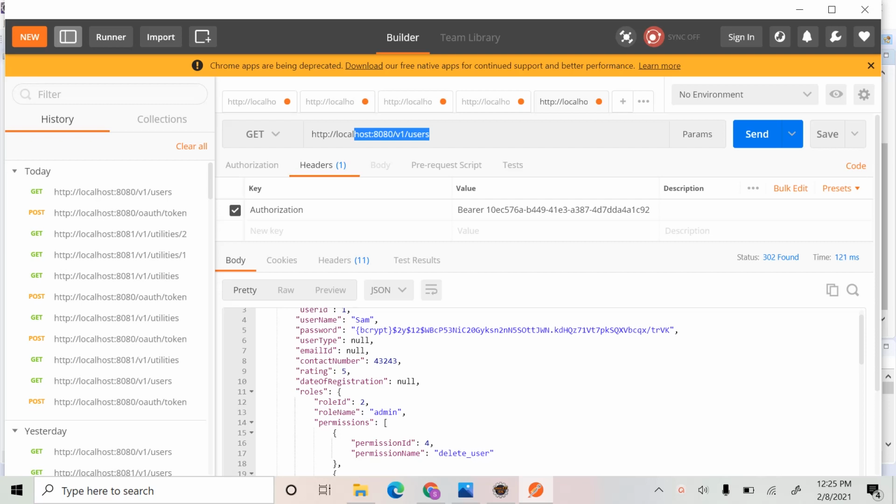We have also seen the client credentials grant type, password grant type and refresh token grant type. We have one more grant type, that is the authorization code. We can see that in part 3 of this